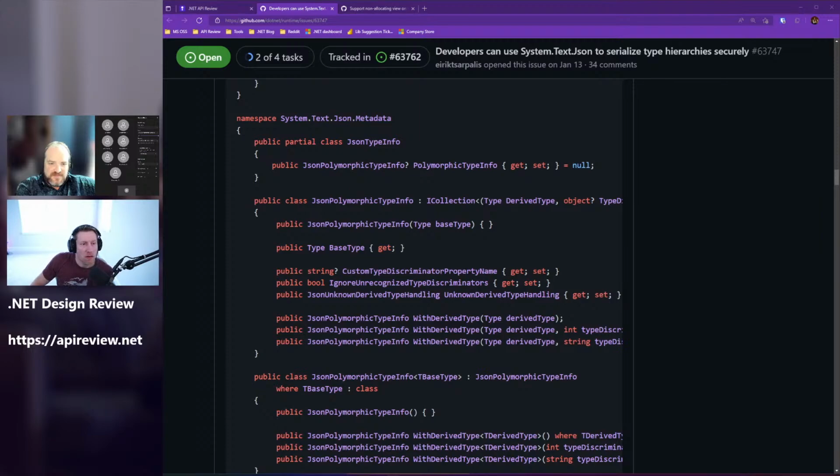Well, I mean, you don't have to always say it, right? As I said, you could name the attribute JSON type descriptor attribute. The other one is called JSON derived type attribute, right? So it seems like a relatively easy thing. And then this thing you could call JSON type descriptor options or JSON derived type options, right? How would you name the type that supports derived types in the context of